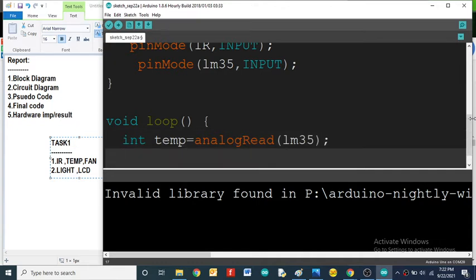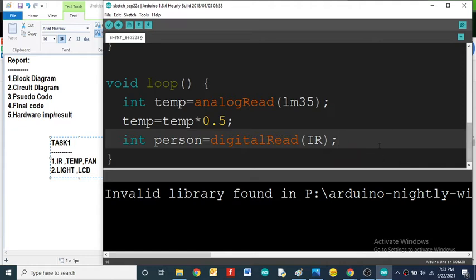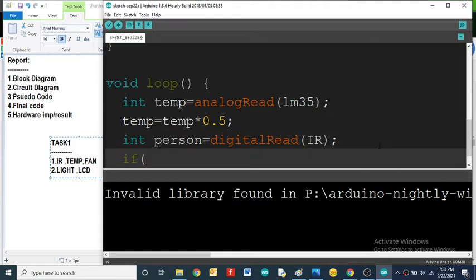Then I will convert this value, so temp is equal to temp into 0.5. After that I will read one more input device called IR sensor, digitalRead IR.